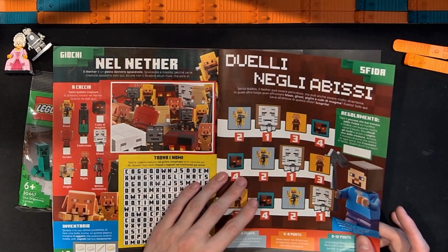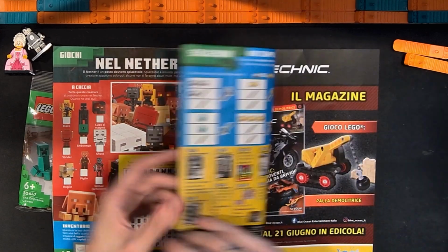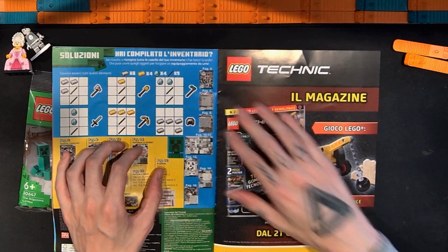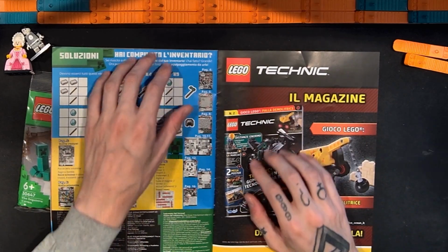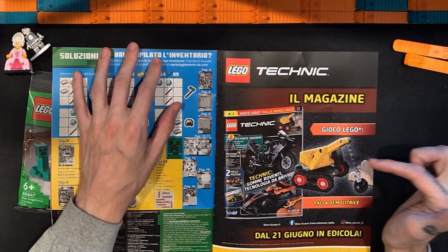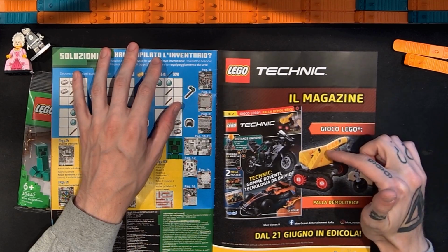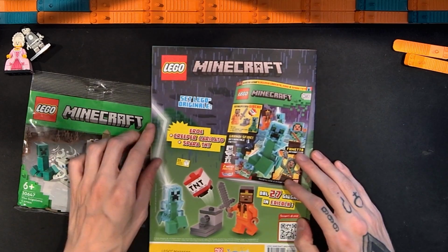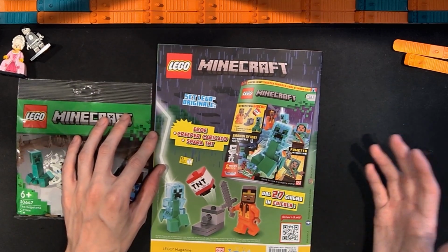Not sure what this is. Then we have the answers and maybe one last solution there. Advertisement for a Lego Technic magazine. This is actually the one that I looked at, so that's cool to see. And then we get an advertisement for maybe an upcoming